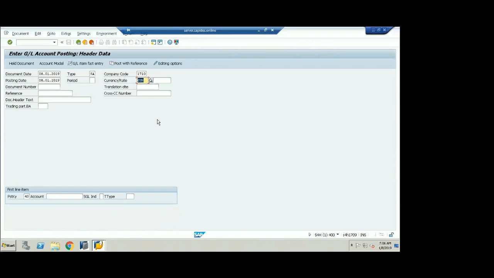Is this rate a manual entry of the rate? Yes. For example, if you have forgotten to maintain the exchange rate spreadsheet today, but you got the exchange rate, because every day the exchange rates fluctuate from USD to INR, INR to USD, or USD to euro, euro to INR. So manually I can maintain the exchange rate, that is, the conversion rate between INR and USD, or between USD and euro, as on today. That exchange rate I can maintain over here as on date.